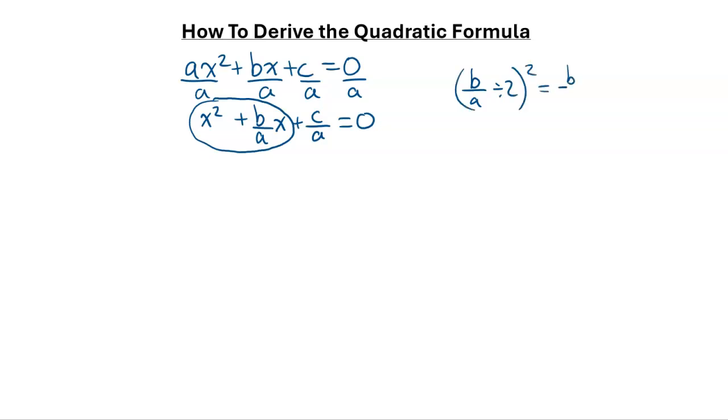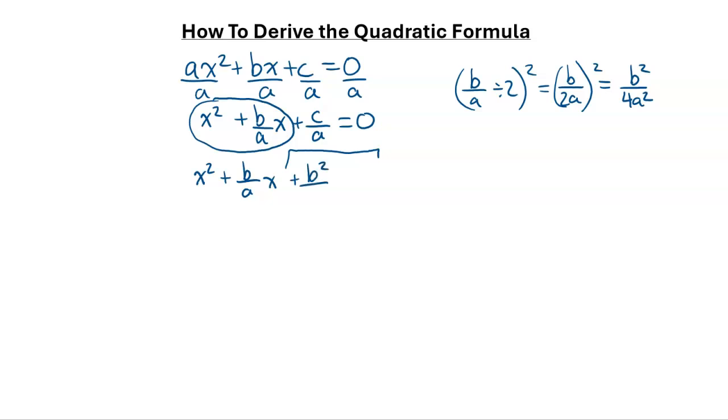And so this is going to give me b over 2a all squared, which is going to be b squared over 4a squared. And so in the method of completing the square, I can just add and subtract that same value to the equation, and that doesn't change anything about the equation. So this becomes x squared plus b over a x. And here's where I'm going to add and subtract those two values. So I'm going to add b squared over 4a squared, and then I'm going to subtract what I've just added. Doesn't change anything, because ultimately that equation is still equal to 0, but that now has the b squared over 4a squared